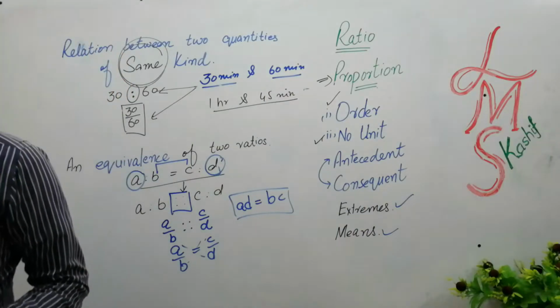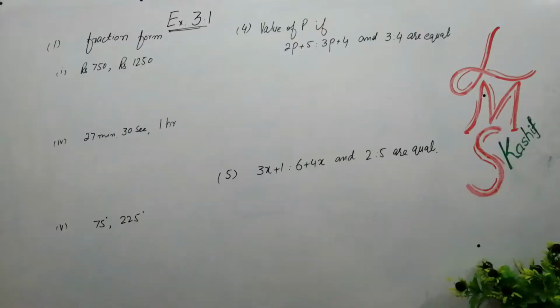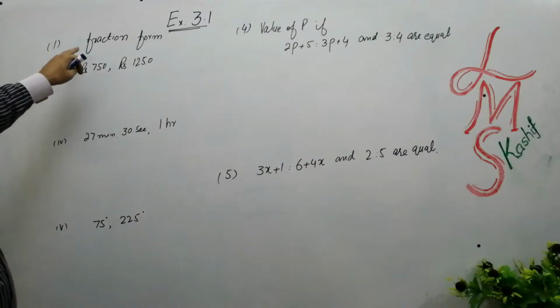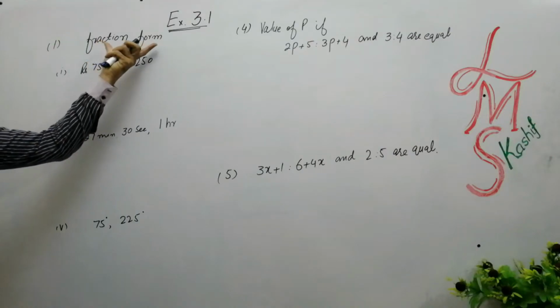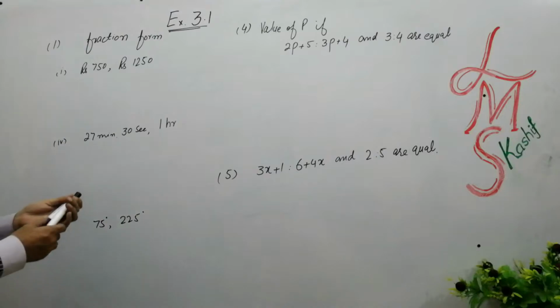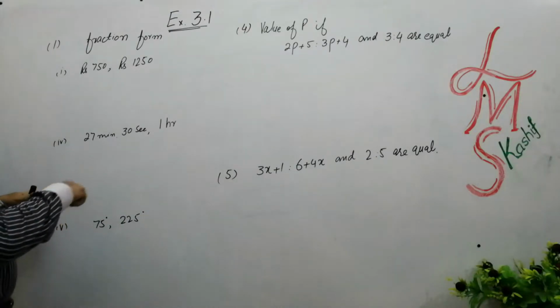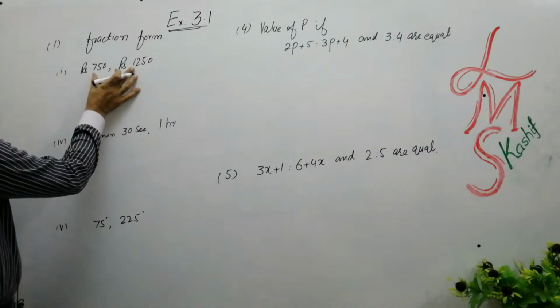So let's start our exercise 3.1. I write some questions from exercise 3.1. This is question number 1. You have to write this in ratio form and in fraction form, in simplest form. So let's start our first question. These are two ratios of the same unit, same quantities. So we have to write this in